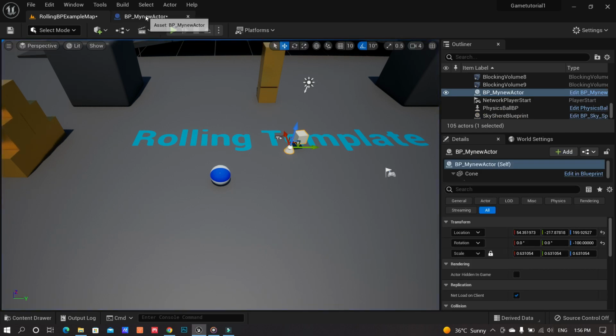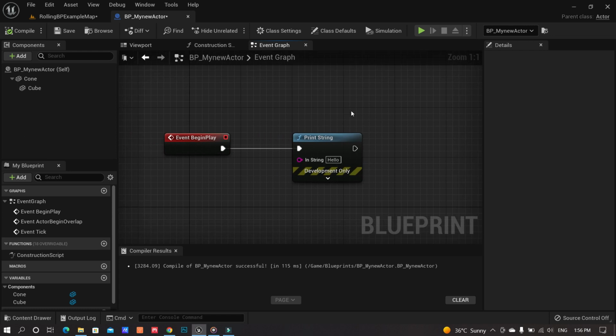So that's what Print String is used for. By the way, Print String is also a debugging function which we will be using throughout our tutorials in order to identify if something is working properly or not. Fine. So that is something we're going to work on as we move on with these tutorials.